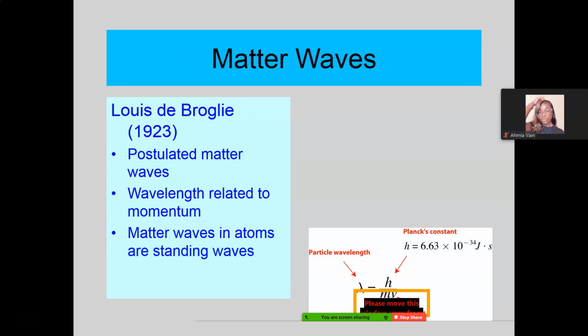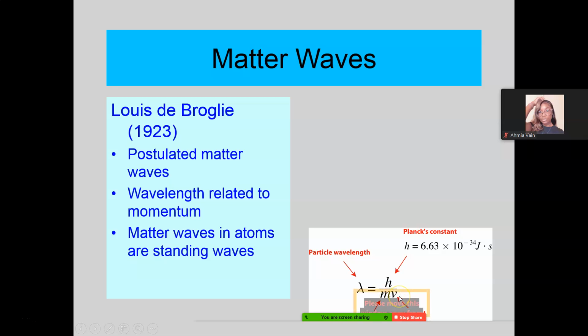Okay. Here is the formula that de Broglie came up with. Lambda, the particle wavelength. Okay? Particles, matter, have waves. The particle wavelength is good old Planck's constant, showed up again here, divided by the momentum,